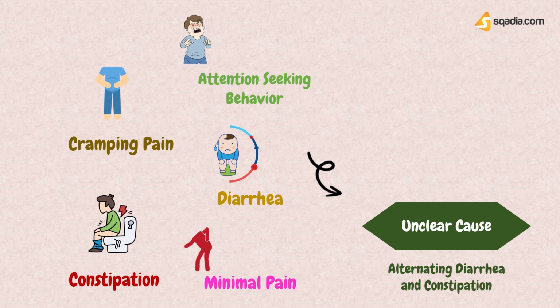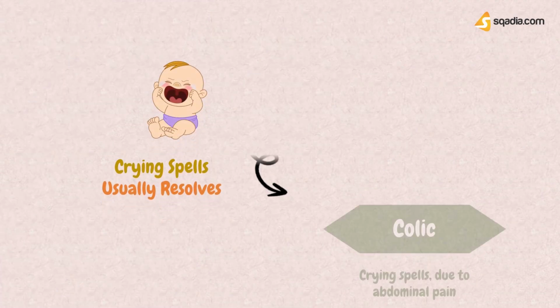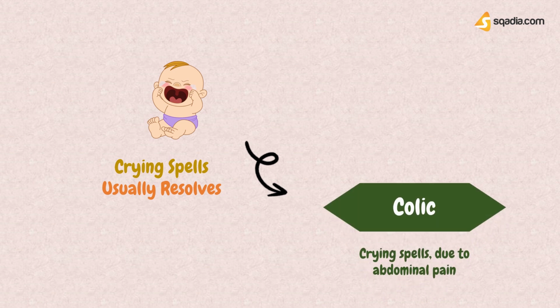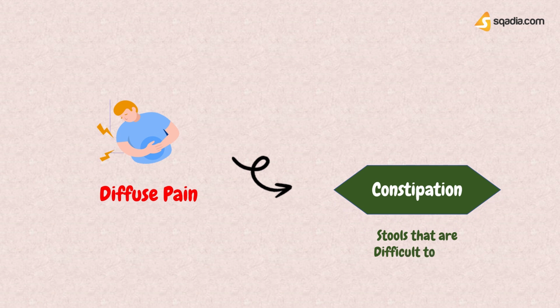Now, if the child shows symptoms like crying spells, which usually resolve on their own by the age of 4 months, then this might give you an indication that the patient has colic issues, as he has crying spells due to abdominal pain. Now, if the patient has diffuse pain, then this might give you an indication that the child has constipation or